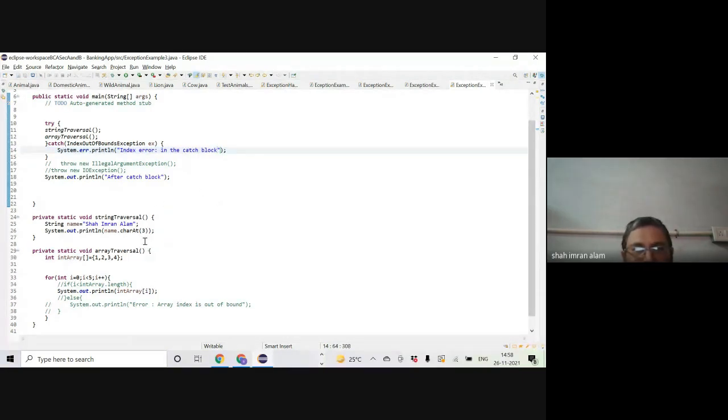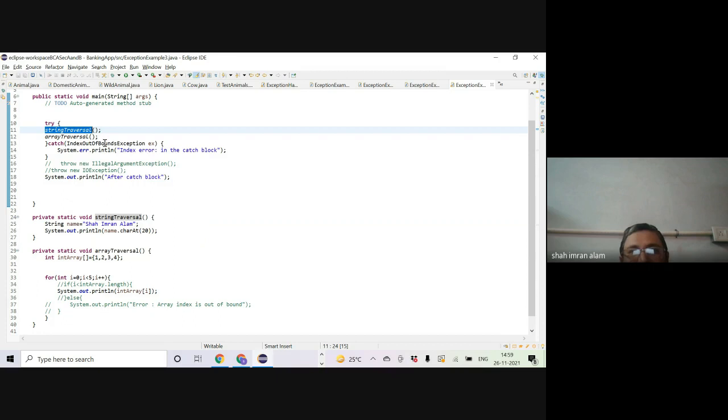Let's suppose we are going to change the code again. Here, let me put it 20 back again so that we know that now both the method calls will throw exceptions. Correct? Which will throw the first exception? Because only one of the two lines of the try block will execute. When the exception comes, it will enter into the catch block, and from the catch block, it will move to the rest of the code. It will not re-enter into the try block. So the error will only come through the string traversal method, right?